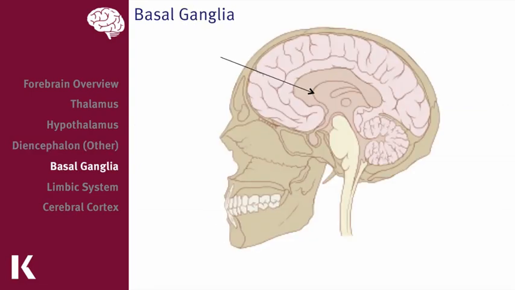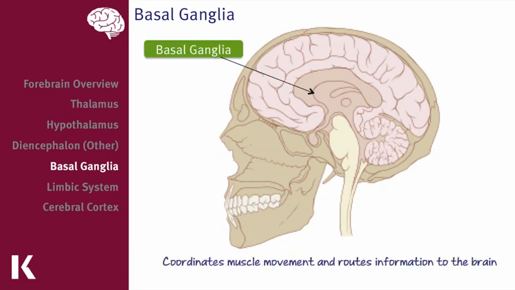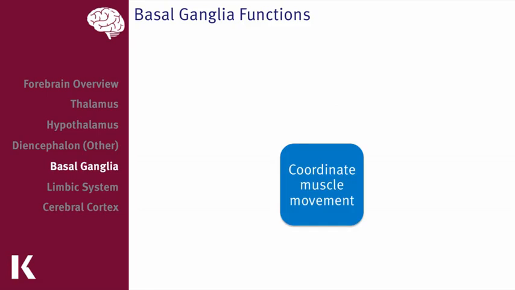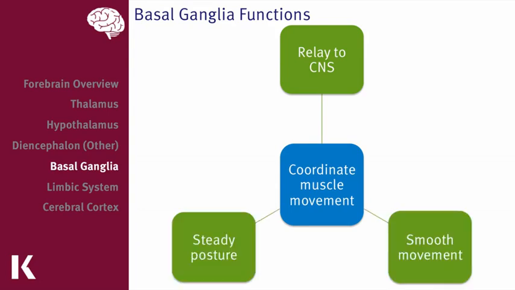For the rest of this review, we will focus on the structures of the forebrain that arise from the telencephalon, beginning with the basal ganglia, which lies in the middle of our brain and is essential for coordinating our muscle movement. And it does this by relaying information from the cerebral cortex to our central nervous system. Then the stimulus can be relayed to the peripheral nervous system, where it can coordinate smooth muscle movement as well